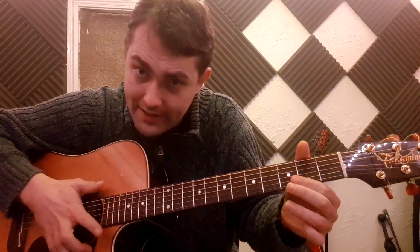Now it's particularly important with D major that you get rid of the sixth string. You don't want to be avoiding it with the pick. You'd have to be awfully careful and reserved to consistently miss it every time. So you want to take it out of the equation by getting your thumb up here and just touching it. Now remember, all you need to do here is just make contact with the string, no pressure at all. Now again, if that's messing up the rest of the chord for you, don't worry too much about it, but eventually you do want to get that on there as well,